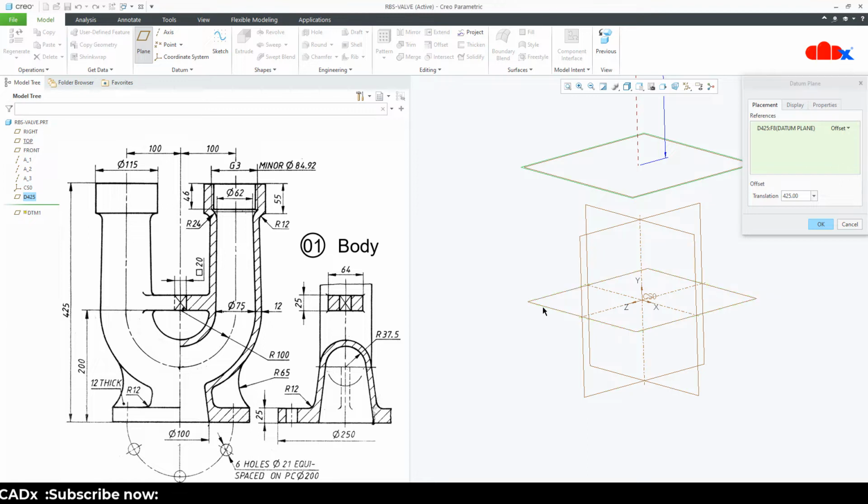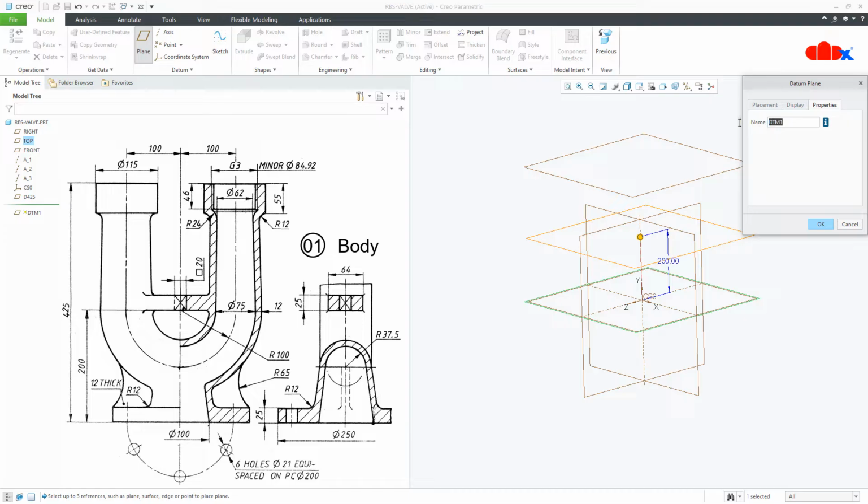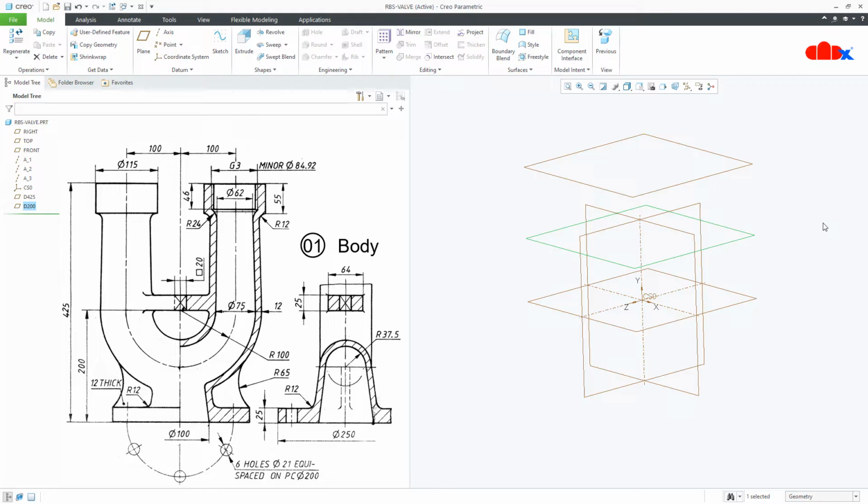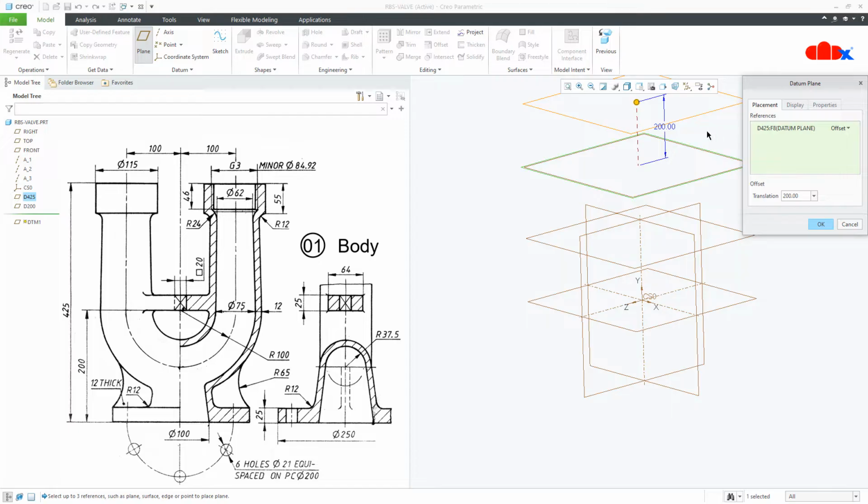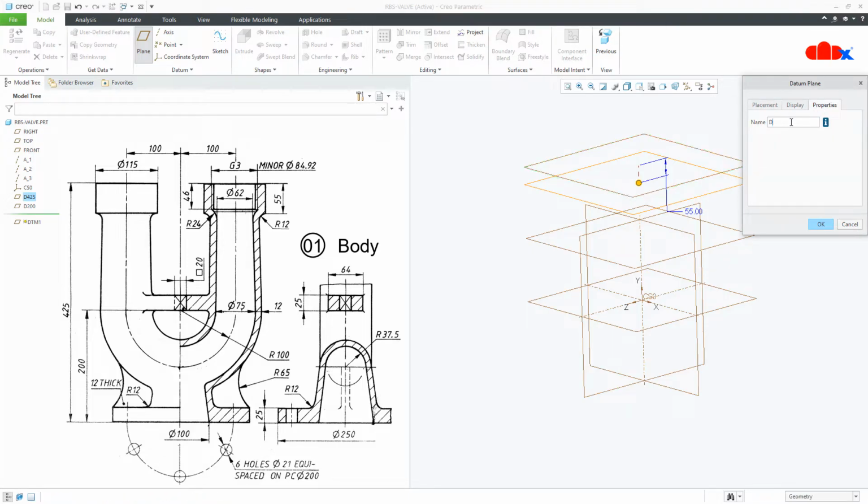I'll select the same top datum plane, and this time this will be 200, this dimension. I'll take the name as D200 and say OK. Now the last datum plane is taken from here. I'll drag it down by 55, and I'll take this as D55.